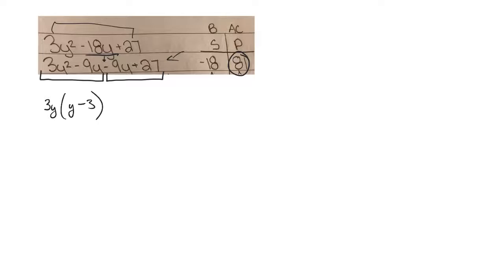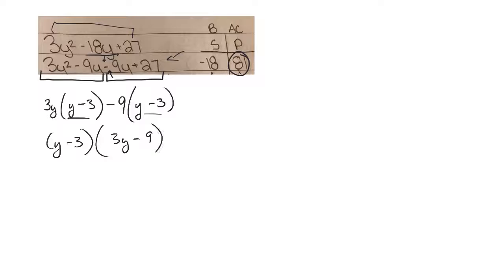Out of the second one, I can take a 9 out, but because that's a negative, I'm going to take a negative 9 out. Okay, so if I divide a negative 9 by both, it's y. 27 divided by a negative 9 would be a negative 3. Now the two match up, so I can factor the y minus 3 out the front, and then I have